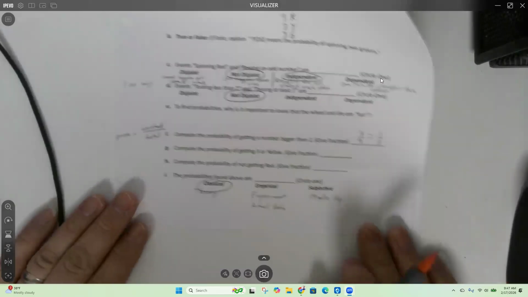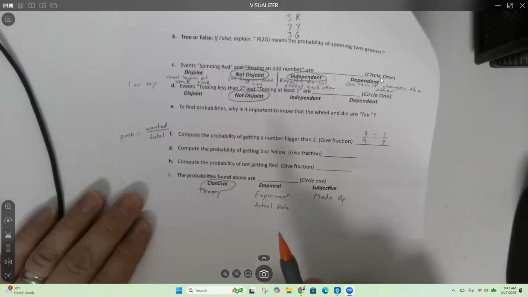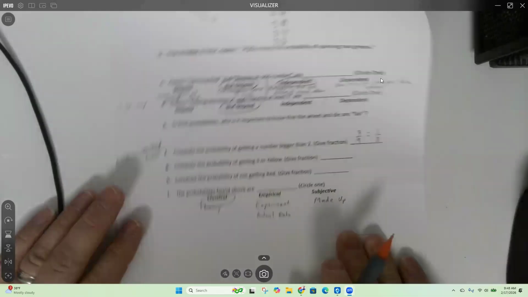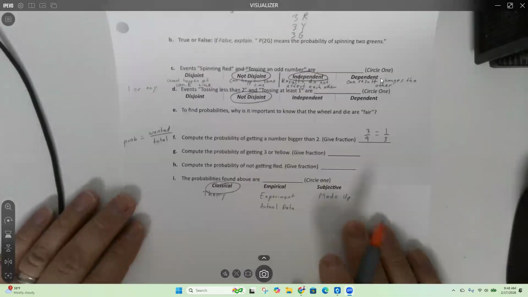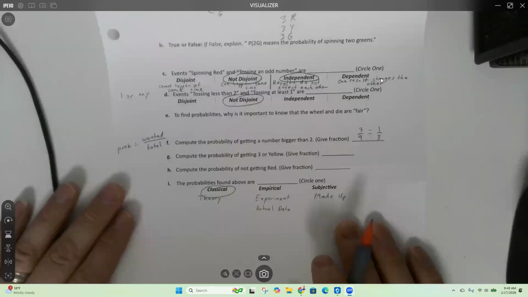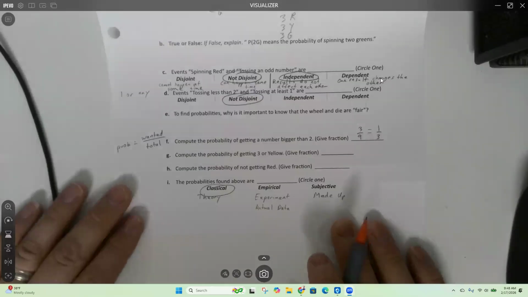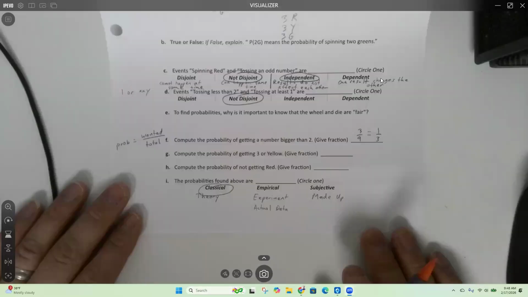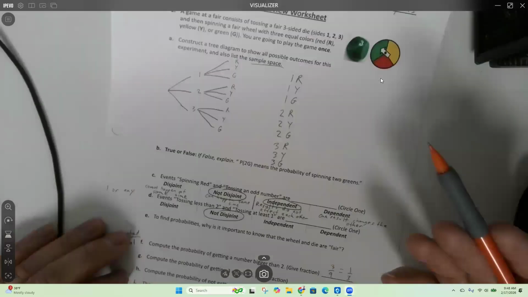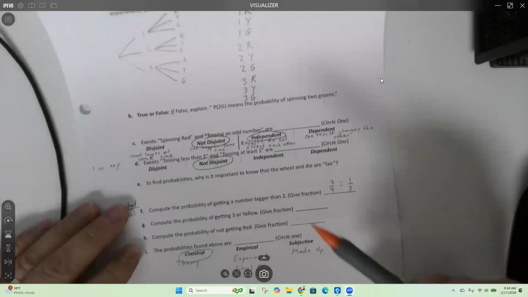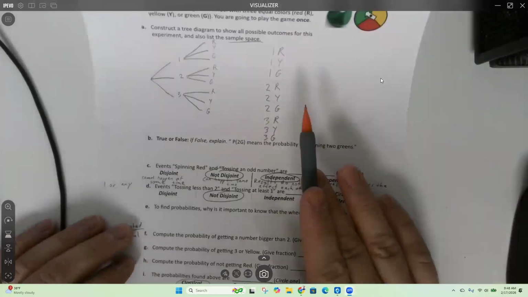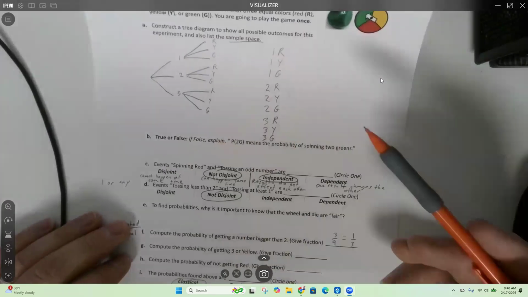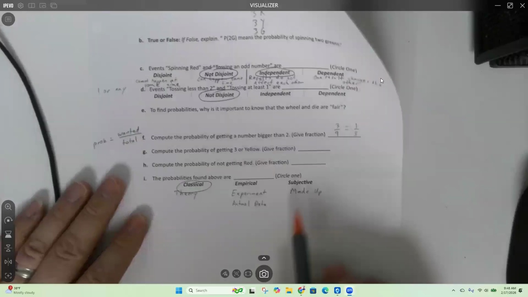Experiment. That's hopefully pretty obvious. You actually have data that you collected, okay? Whether it's observational data or experimental data. So I shouldn't just put experiment. I should probably put observational. But anyway, it's from the real world, okay? Not that this isn't from the real world, but like we didn't actually play it. Now, if we had played this game 5 times and wrote out the 5 results we got, that would be empirical, okay? Next one is subjective, which is made up.